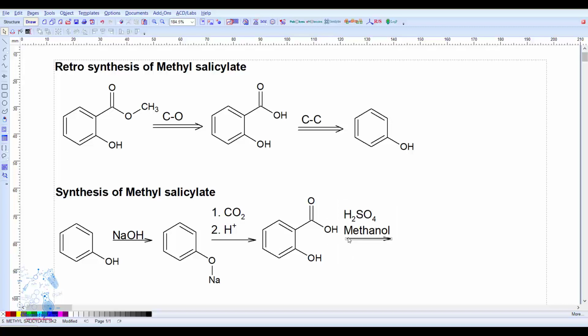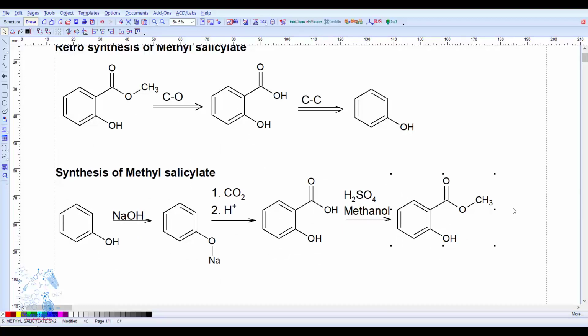The steps you can see in the link button, which is the I bar on the top of the video, so you can click and jump to the synthesis portion which we already discussed: how to draw the synthesis, how to draw the mechanism of that particular synthesis of methyl salicylate. So now we have just finalized our step and put our compound here.